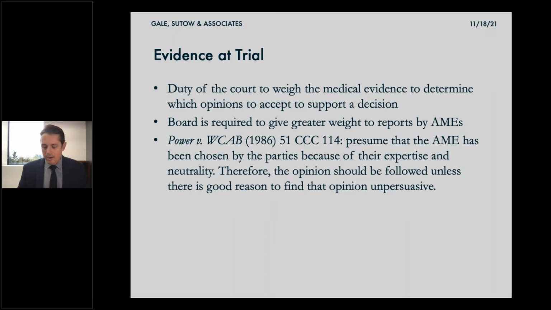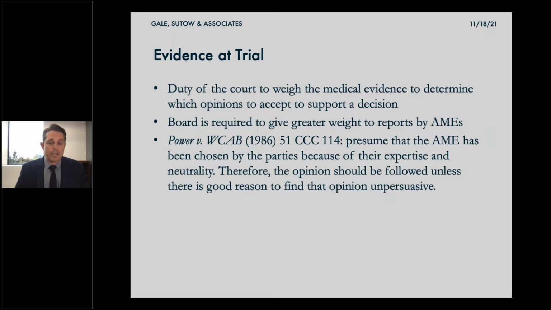So we have our AME or QME, and we have to now determine what evidence those reports could have at trial. Generally, it's the duty of the court to weigh the medical evidence in making its decision, and what they're trying to do is find out what is going to be substantial medical evidence going forward.